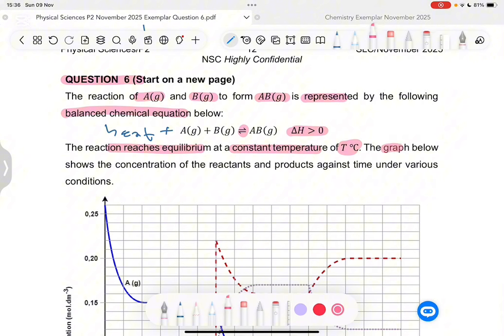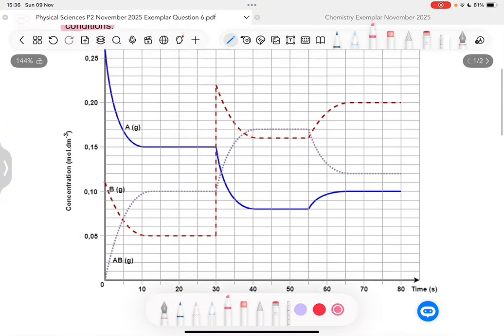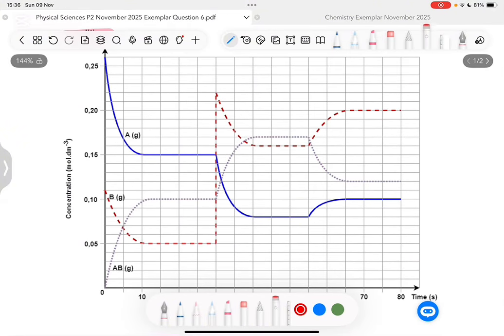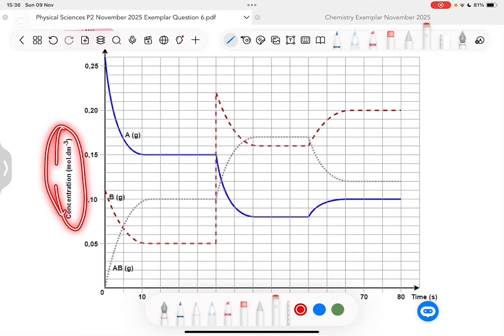They say here the graph below shows the concentration of reactants and products versus time under various conditions. So now in this graph here, we are given the concentration of the reactants A and B and the product AB